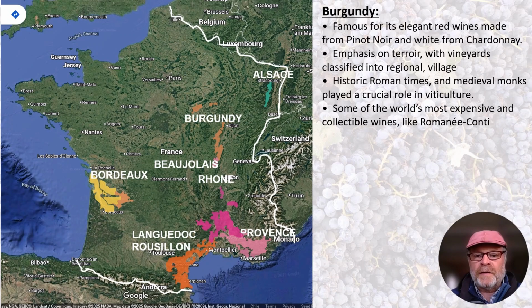Burgundy has a lot of emphasis on terroir. The vineyards are classified in regional plots and smaller. Each one will be classified into very small villages and even vineyards on its own. So they have a big sense of terroir on specific places. This is an area that has been